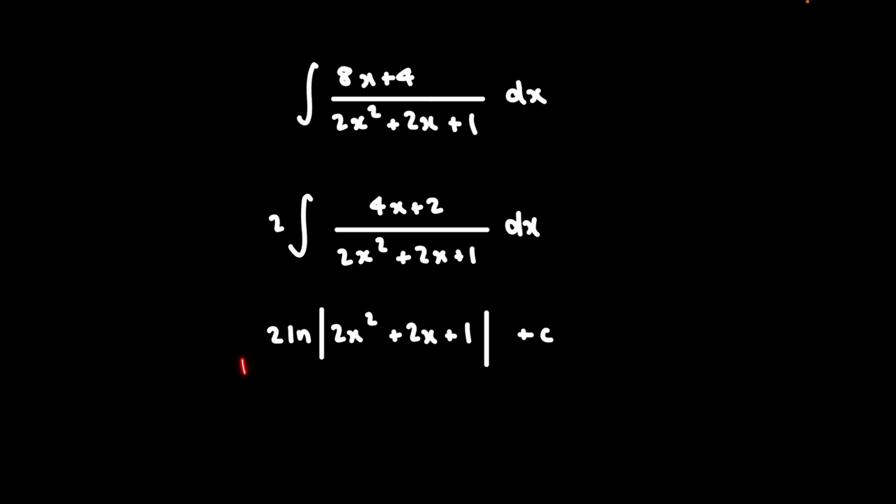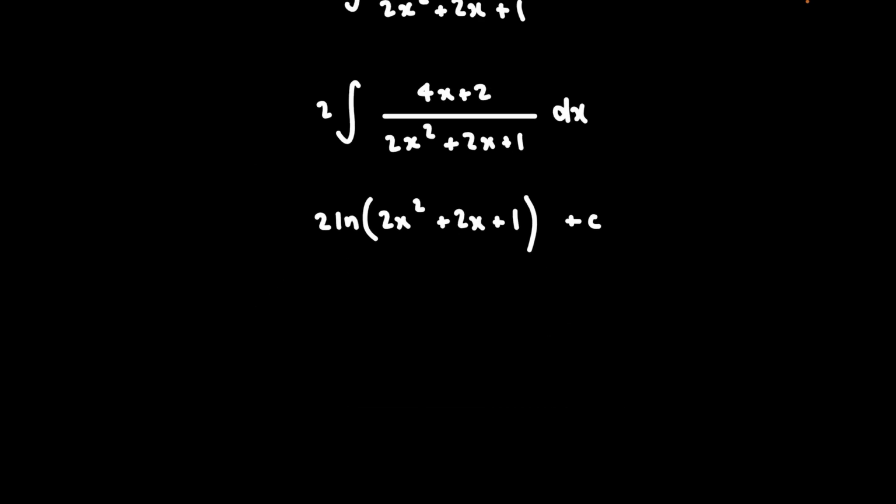Is this my final answer? No, it is not. Notice how I've always put the absolute value for every single one of these integrals. Well, I tricked you. In this one, you do not need an absolute value. In fact, in some courses you might even get docked marks. And the reason for that is this function here, this 2x squared plus 2x plus 1, is always going to be more than 0. If I were to sketch out a little graph of this quadratic,